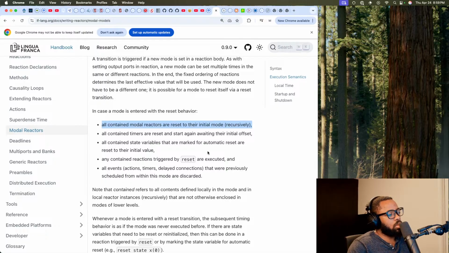So when you reset it, it's also recursively resetting all its children modal reactors.